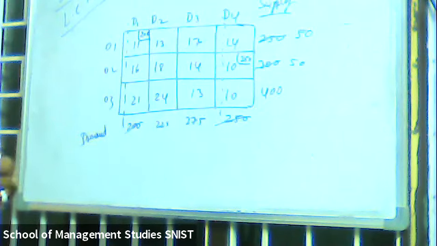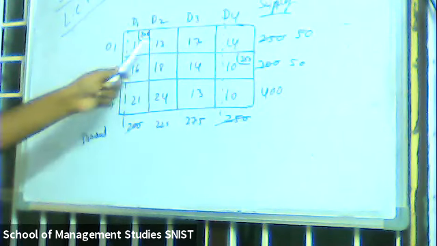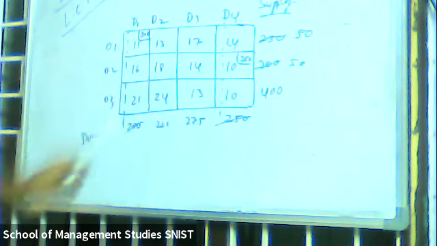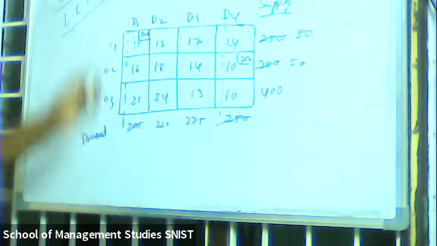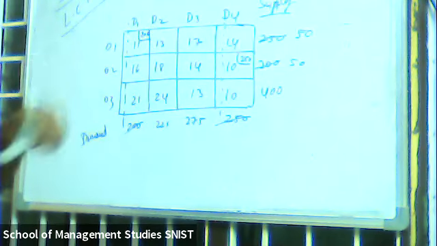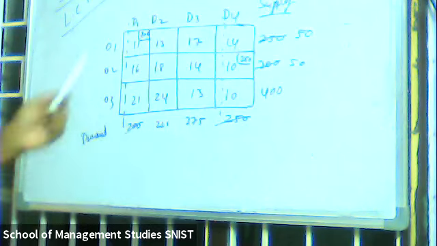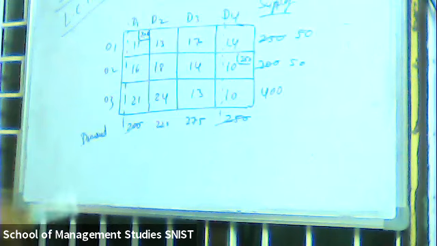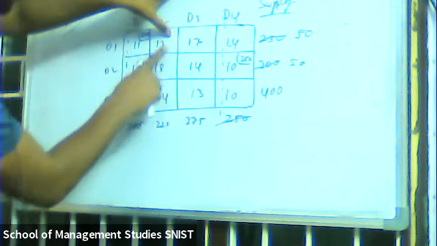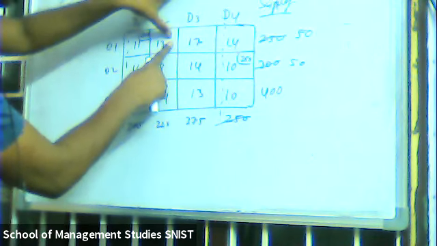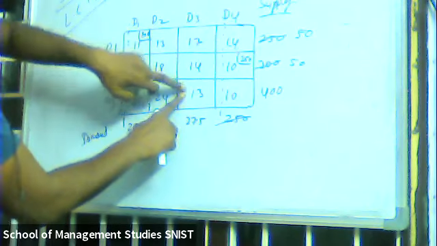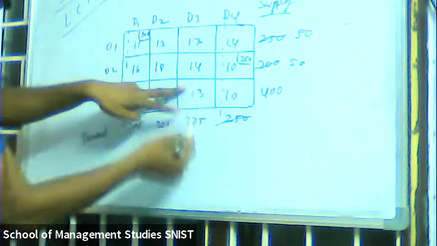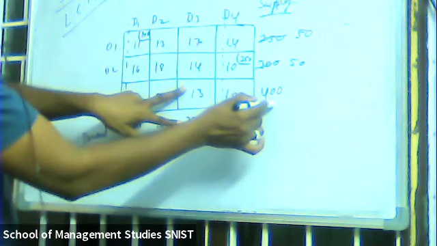Now again one more problem here, right? 13 is the least one. 13, 17, 18, 14, 24, 13. So 13 is the least value. Now I repeated to you, before starting this, which is a least cost method, if you check here, 13 is the least one in x21 and even x33 also. So don't allocate, check that first. Now suppose if you allocate here, which is 275 and 400, okay?